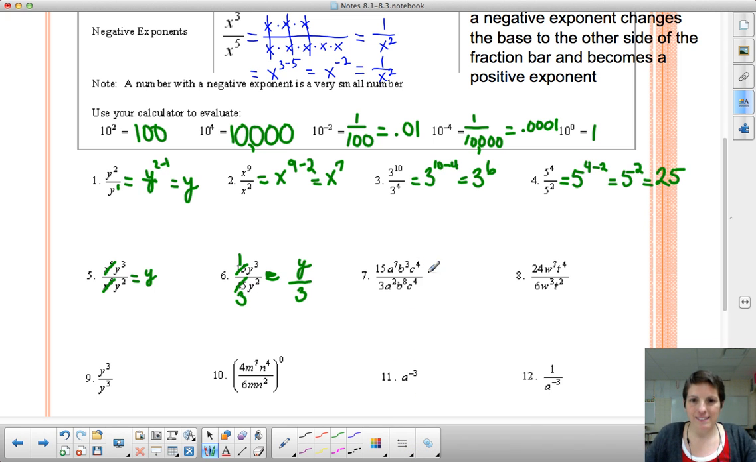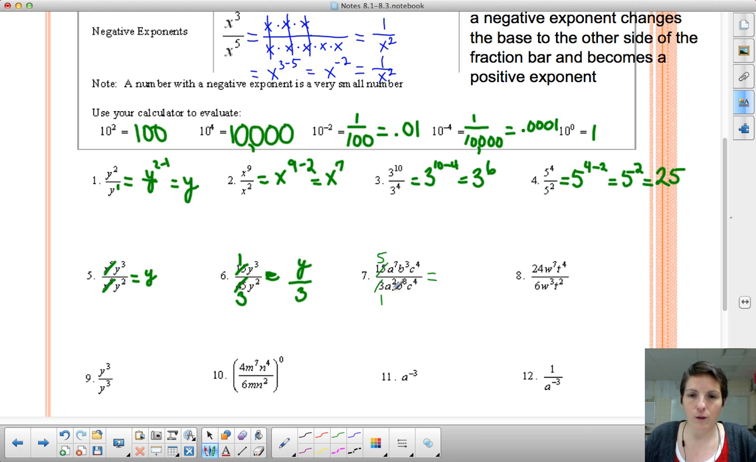Okay, let's keep going on these examples. When we look at this problem, remember that we have a fraction we have to simplify, and then we have three separate bases we need to deal with. So let's deal with this 15 over 3 first. 15 over 3 would simplify to be 5 over 1,